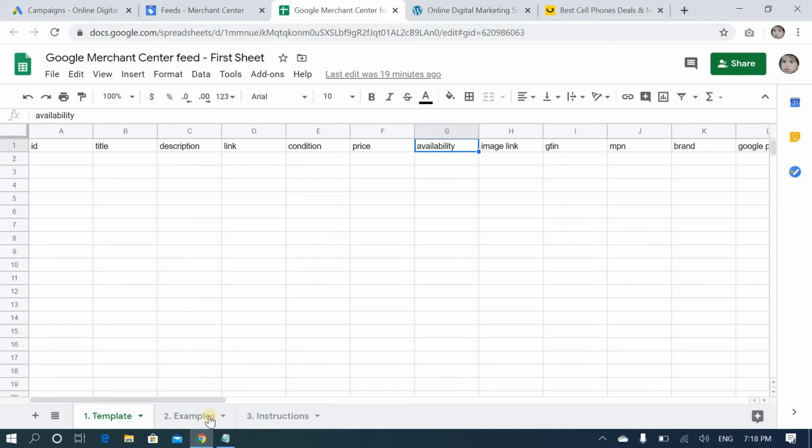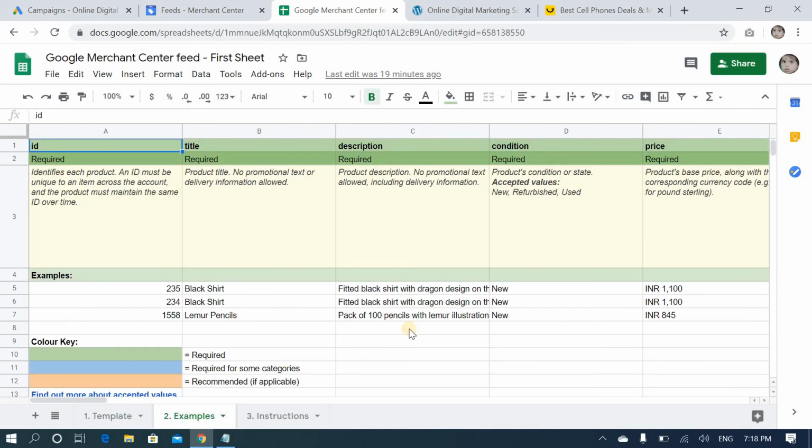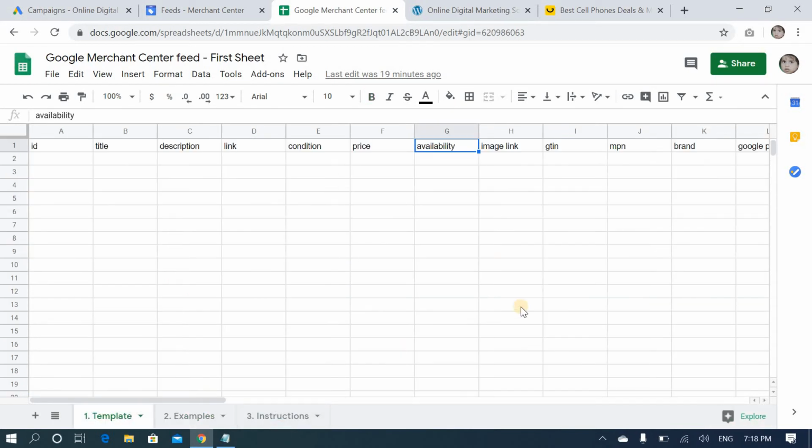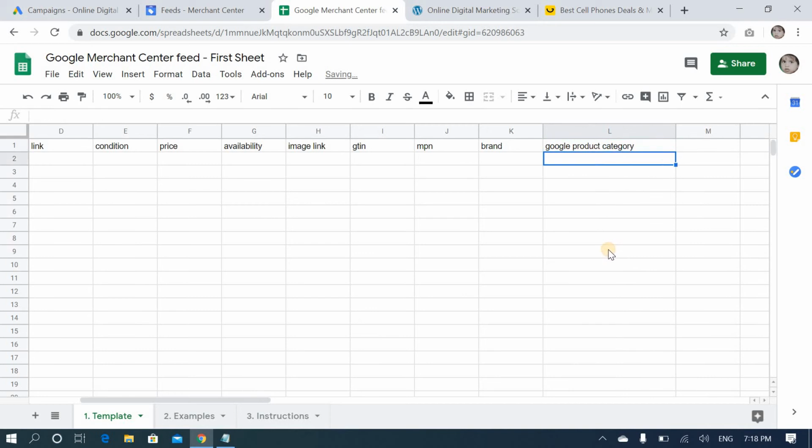Okay, I will not show any examples. If you find any difficulty, the main thing is here. Product category is very important because you have to list your related category. Otherwise, the ad will not show properly. So once you enter all this information, this is very important. Even Google has given some instructions.